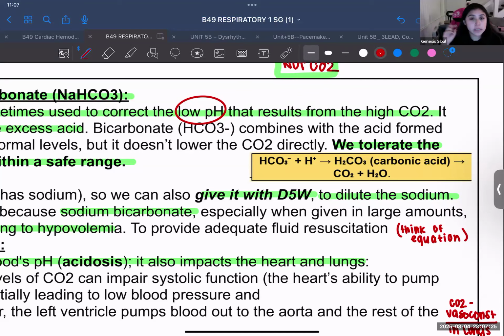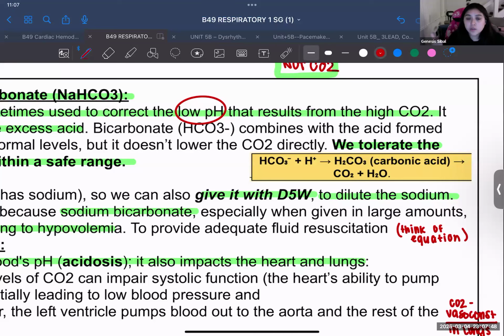So hydrogen's another thing that we can use for our pH, but bicarb basically adds to hydrogen in our body. That ends up making the equation H2CO3, and that goes to carbonic acid, right? You do not have to know this, but this is just helping me understand why this happens. And then after that, the body will then make CO2 to be exhaled.